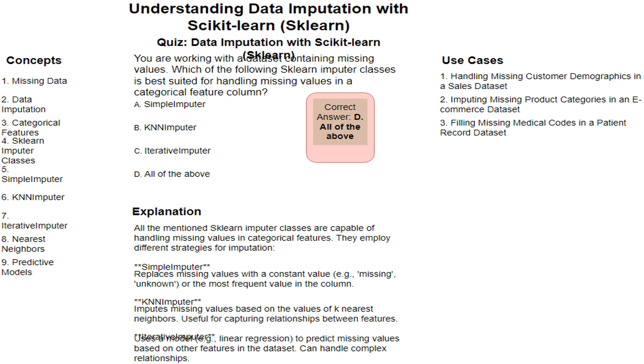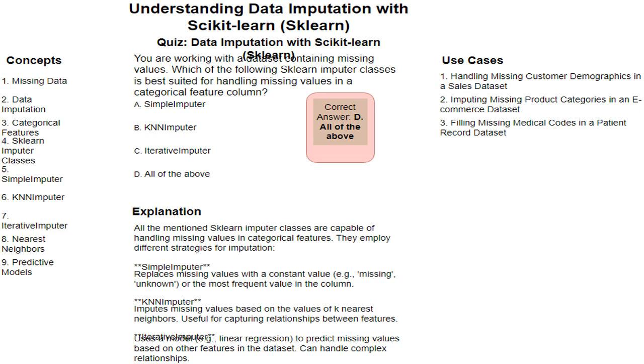It considers the relationships between features and predicts the missing value based on similar instances, neighbors, in the dataset. KNN imputer is particularly effective when handling missing values in categorical features where the missing values might be related to other features. For instance, it can be used to impute missing values in a customer demographics dataset based on similar